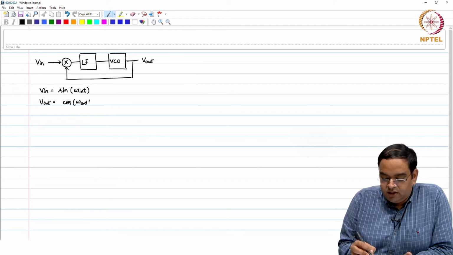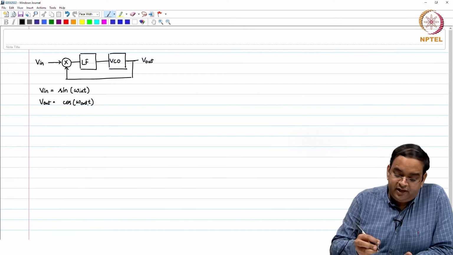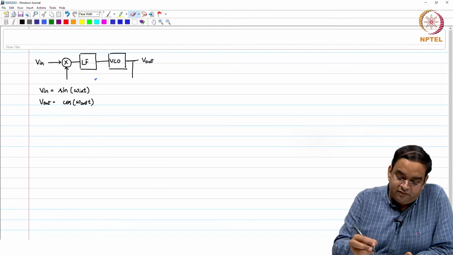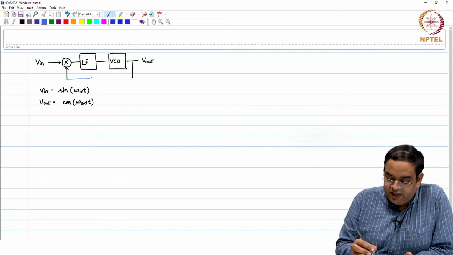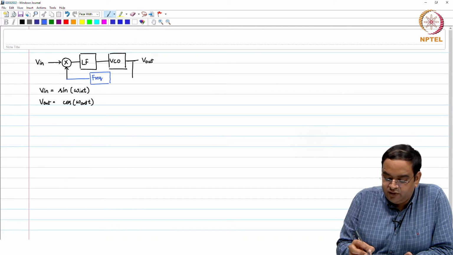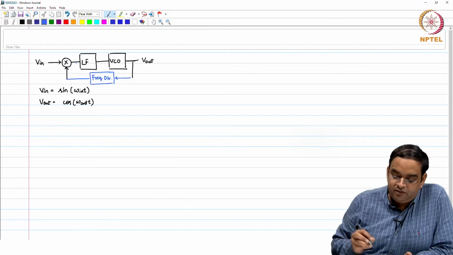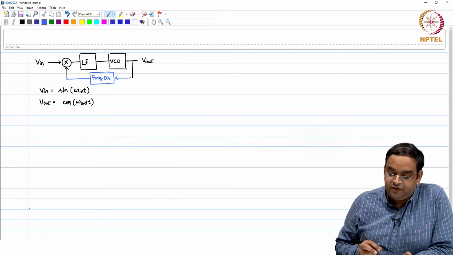At the end of the last session, we said that we can have frequency multiplication here if we have a frequency divider, which you can implement by having some other block which divides the output frequency. I will call this the frequency divider. Still, we kept the input and output signals of this frequency divider